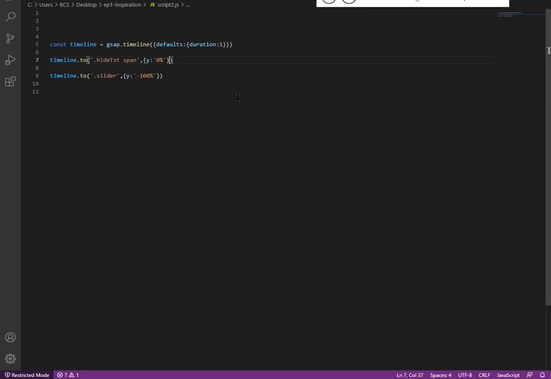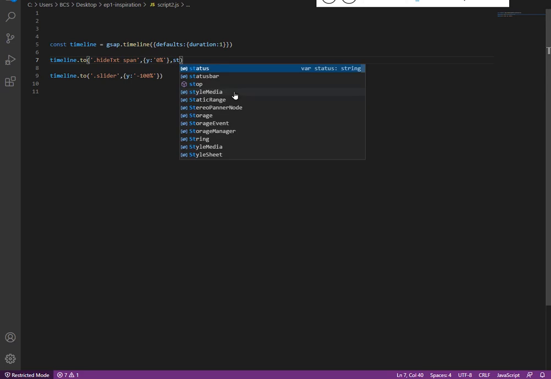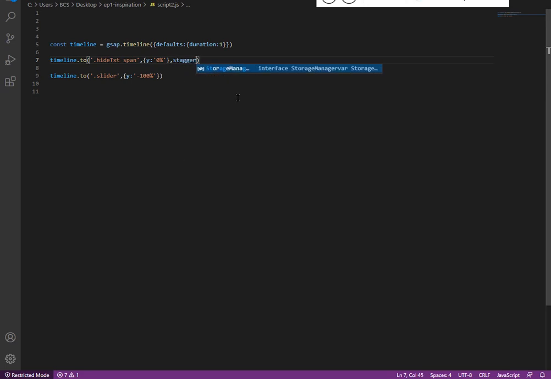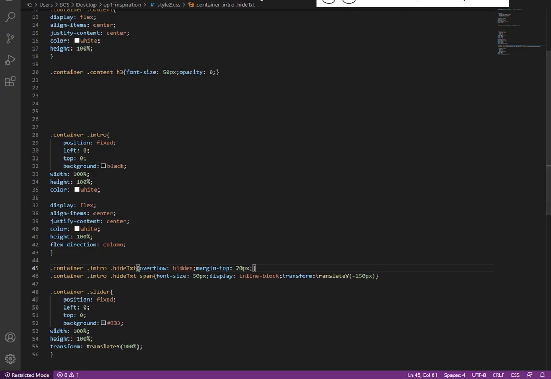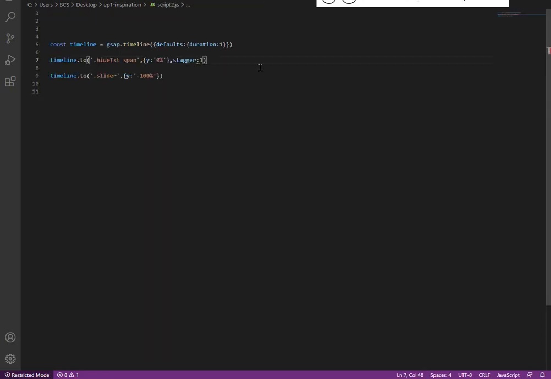Now I want this one by one, so stagger colon 1 second, and let's add a margin to the h3. Margin top 20 pixel. Refresh it. There is some problem. This should come out. Sorry, this should come inside.